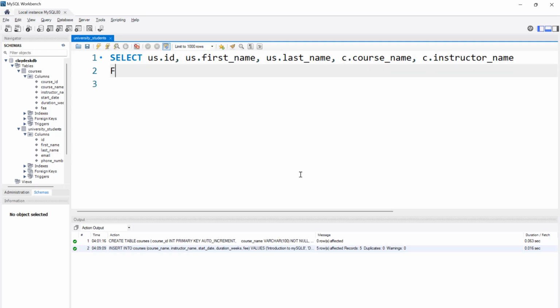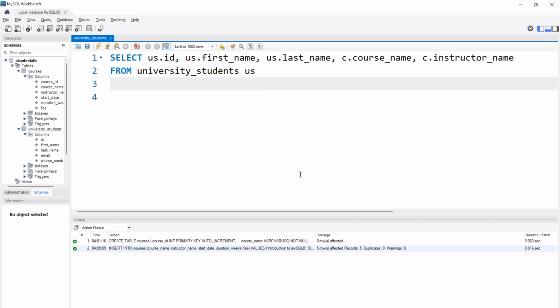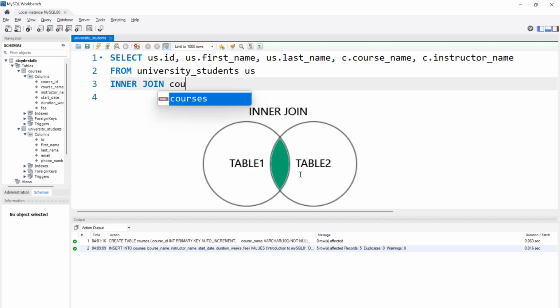And now I'm going to say from university students us. Perfect. This is exactly where you would use the alias. So now I've specified, all right, university students, but call it us. You can call it anything, okay? And here's the inner join: courses, c as an alias,